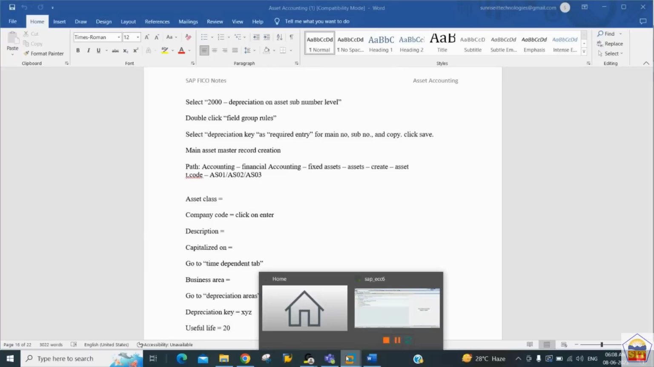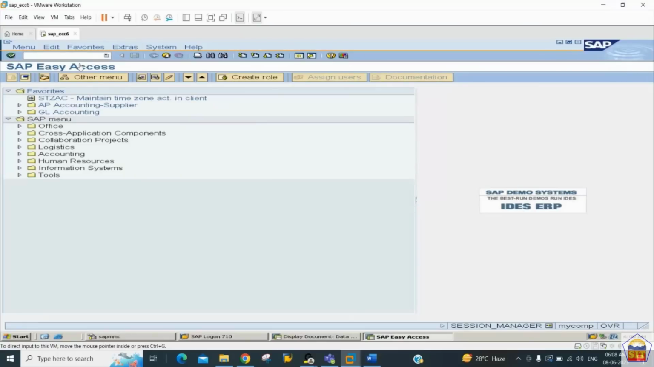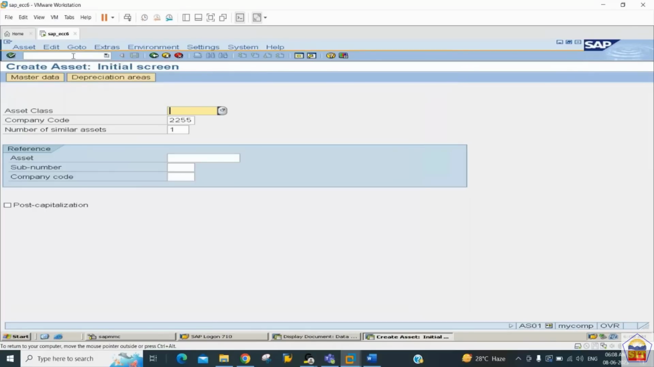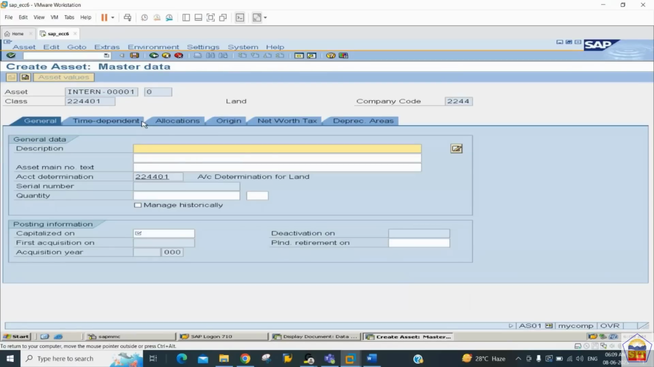So let's create this new asset master record with the help of transaction code AS01. Under which asset class do we want to create this asset master data? So let it be the asset class 4401, and company code ID we can enter 2244, and then we can press enter button. System has taken us to the asset master data where we need to provide the information under